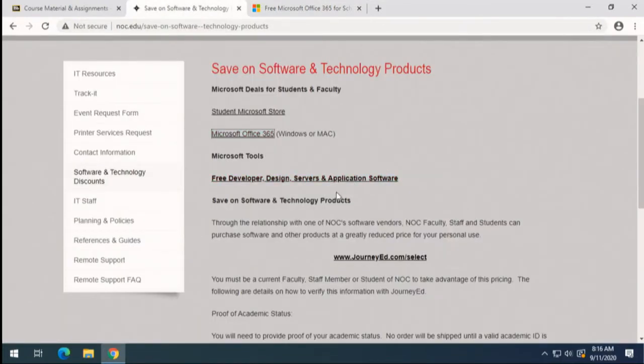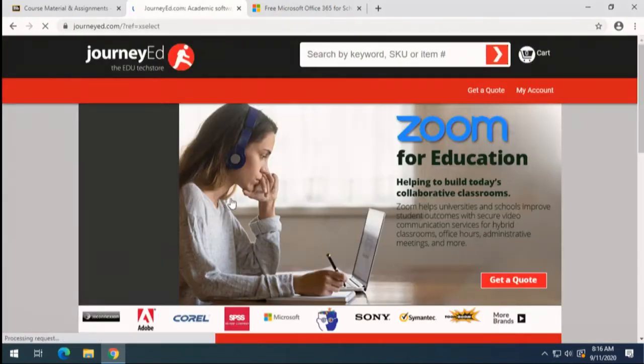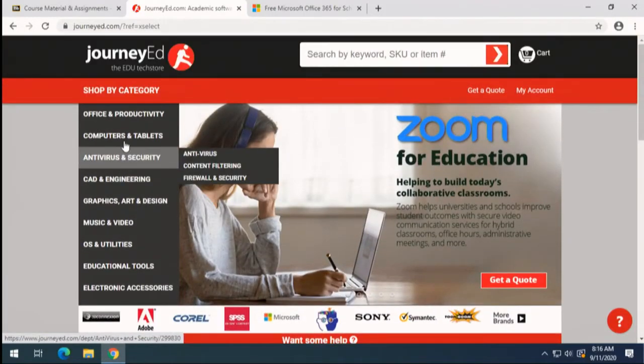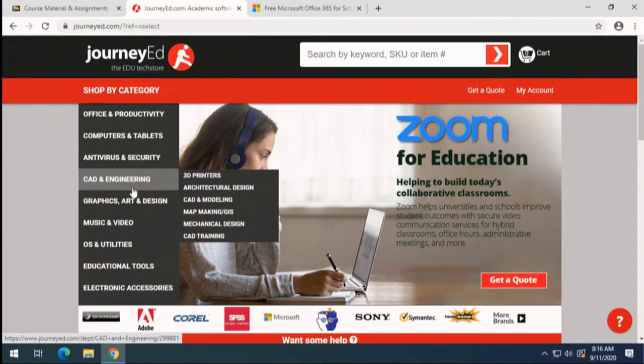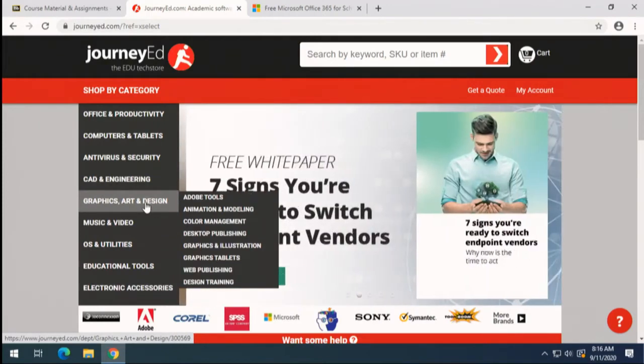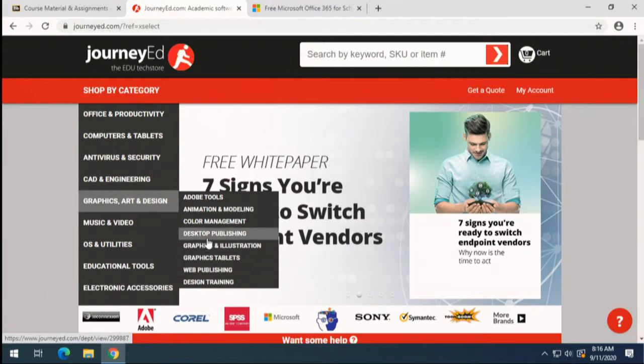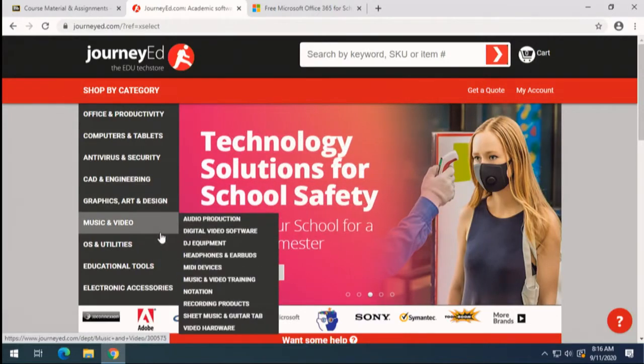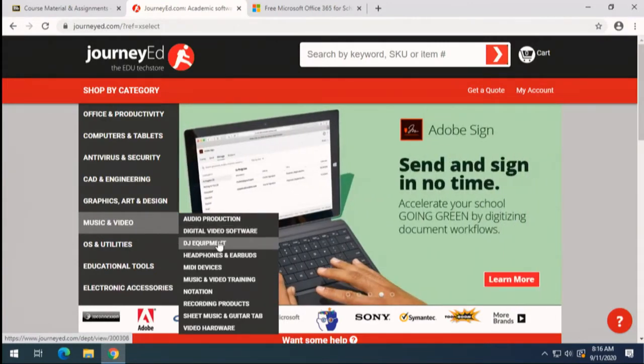Also in here, if you hadn't seen it, these free developer and application software, there's a bunch of things that are in there. And if you go through this, there is a bunch of stuff that is available in terms of computers and tablets, CAD drawing stuff, design, graphics and design, web publishing things, desktop publishing, that you can get at a significant discount or sometimes free. And as I pointed out on Wednesday, there are apps that are totally free as well if